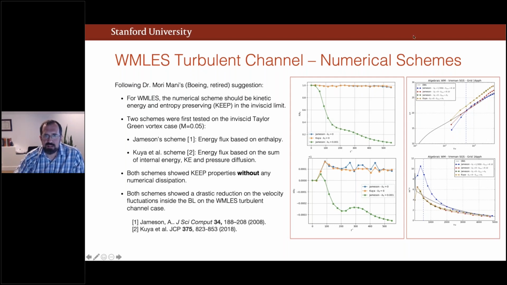You can see that the KEEP schemes seem to show a better prediction of some of the turbulent fluctuations, even though maybe not necessarily as good a match to the mean velocity profile. So because of this, whenever possible, we recommend in SU2 using either the modified JST convective scheme or the SLAU2 schemes.